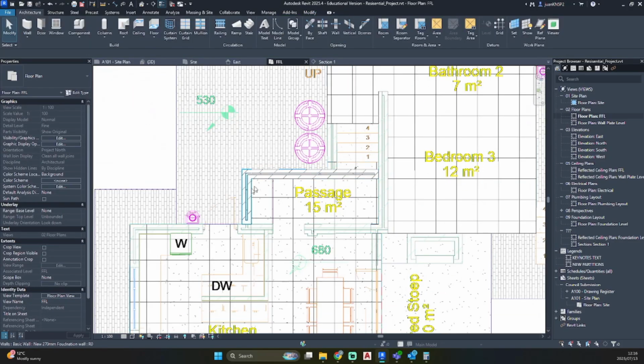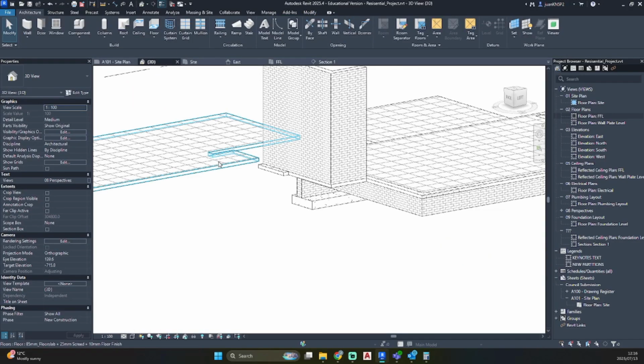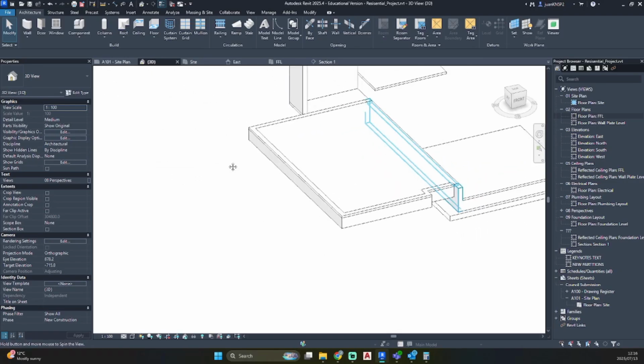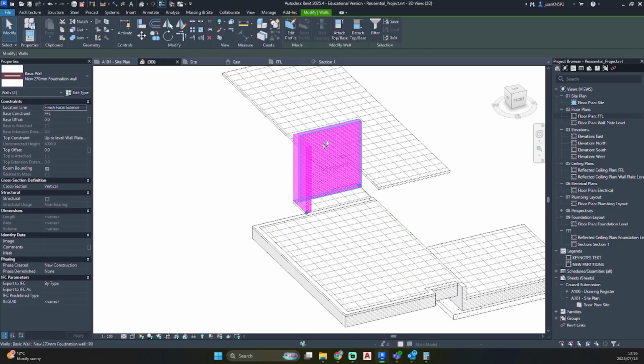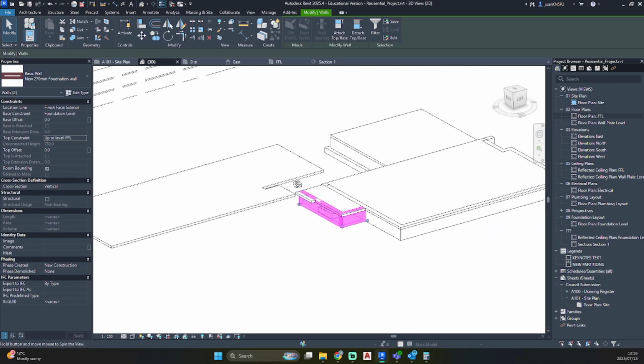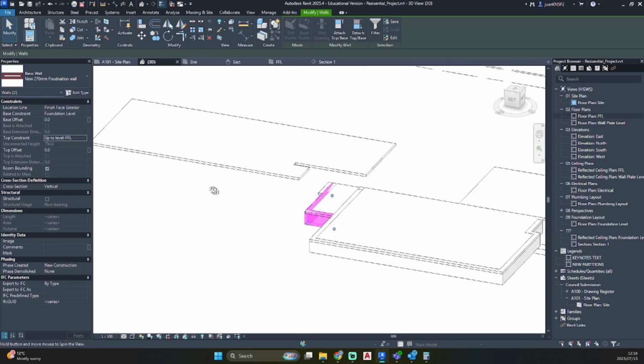So as you can see, I did not set my constraints. So let's go into 3D view. So while you hold Control, please select your two walls. Base constraint to foundation level, top constraint to finish floor level, and that has been set into place.